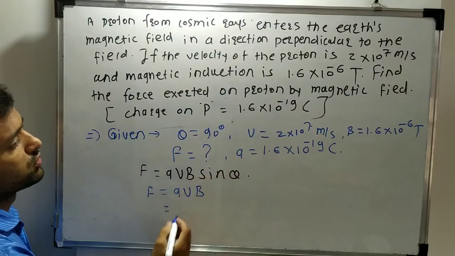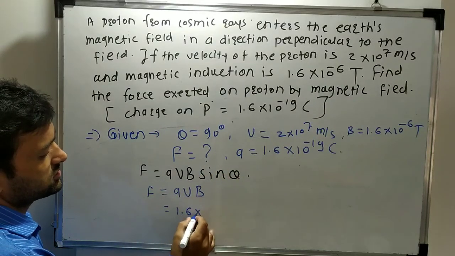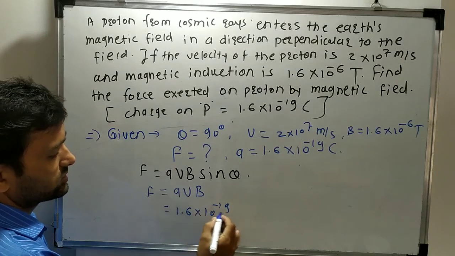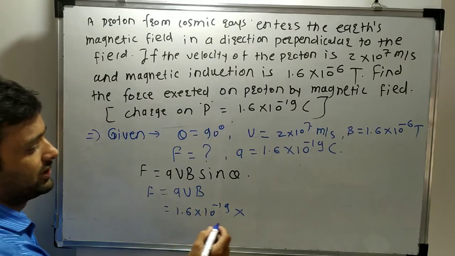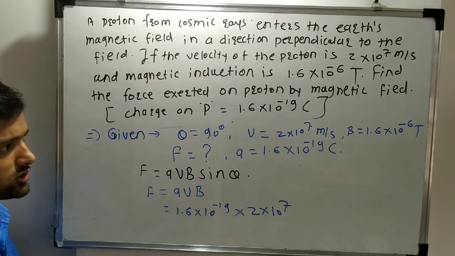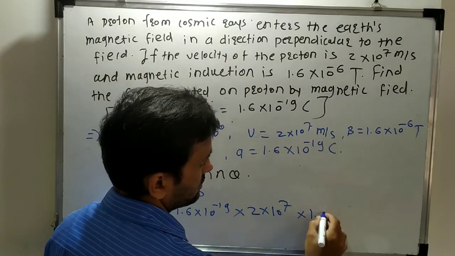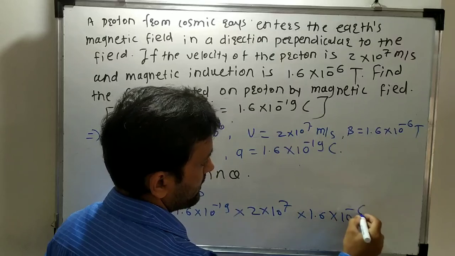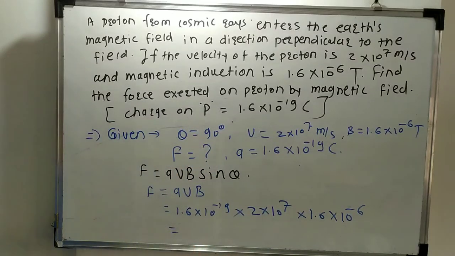Put the values. What is the charge? 1.6 into 10 raised to minus 19, into what is the velocity? 2 into 10 raised to 7. What is the magnetic induction? So we can put the values of the given terms. If you put and solve all these terms, then the final answer will be 5.12